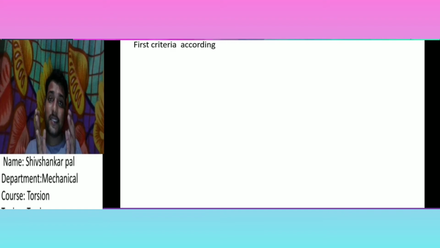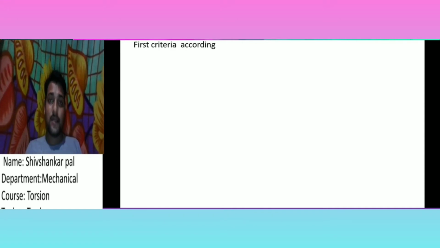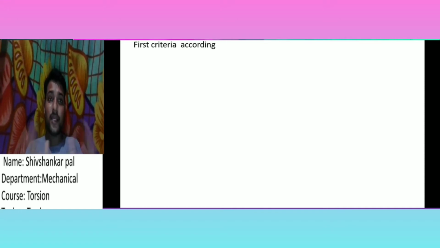So this is to check the value of the diameter obtained through the strength criteria. Put it in the first condition, then obtain the torque or stress and compare the stress values. When the value of the stress is less, then you will consider this diameter. When the value of the stress increases, then do not consider the diameter.